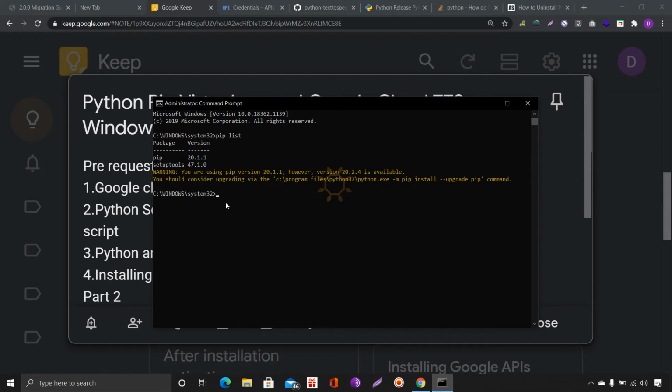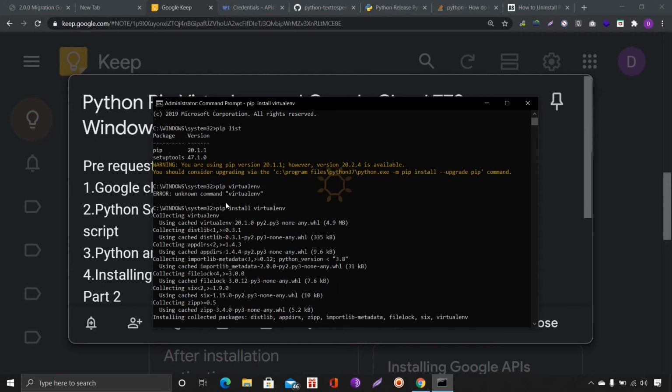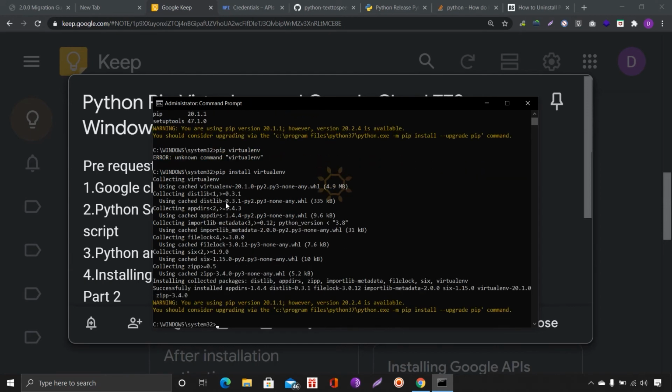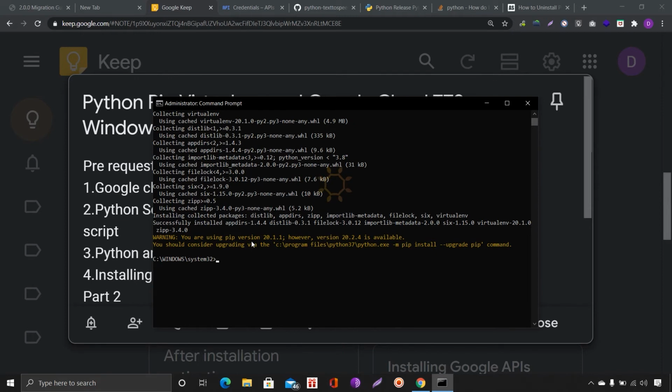For that, we will install pip virtualenv. Now virtualenv is installed.